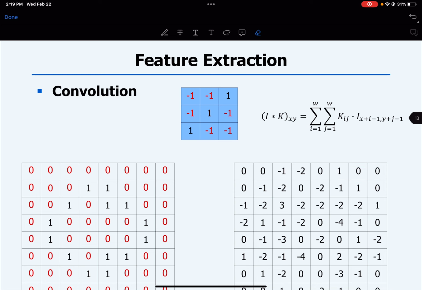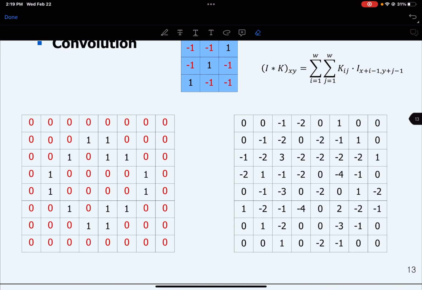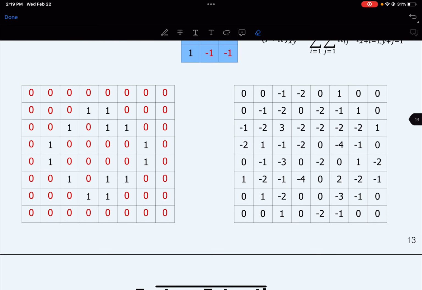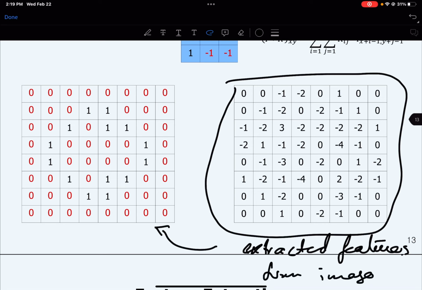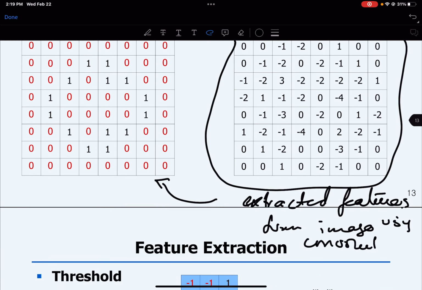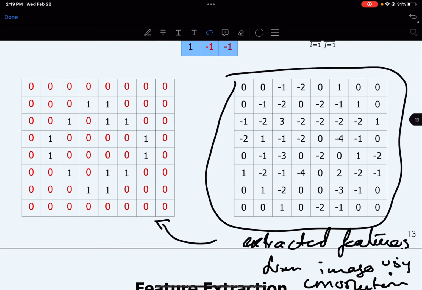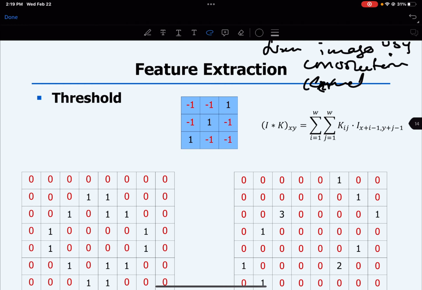So this is how your convolution is estimated, and we have this map that has extracted features from the original image, from this image, using convolution. We used the kernel to find the features within this image,